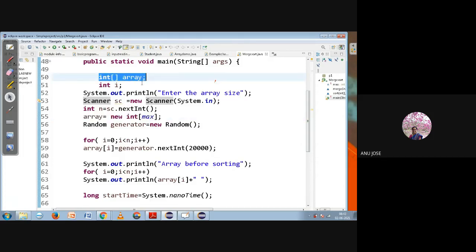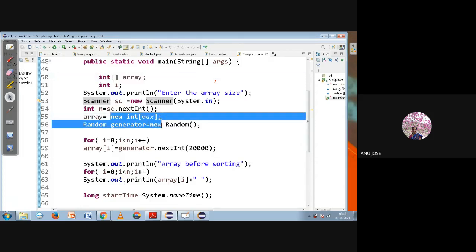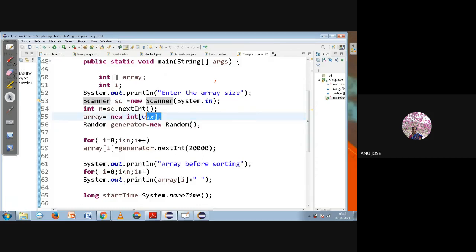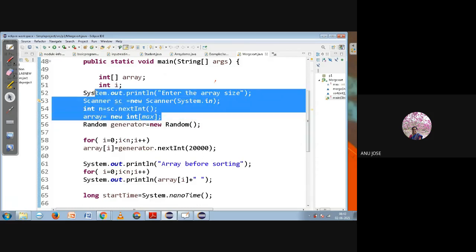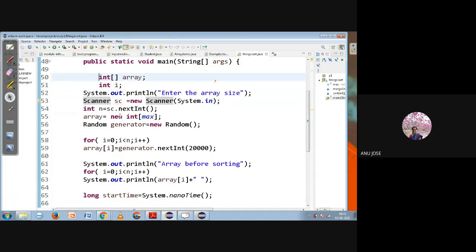The declaration is done here, and the memory allocation is done over here. This is the way the integer array is created, as we have seen in program number 1: the data type, array name, square bracket, equal to new, then the data type again, and inside the square bracket you mention the maximum size. This is the way we have created the array.